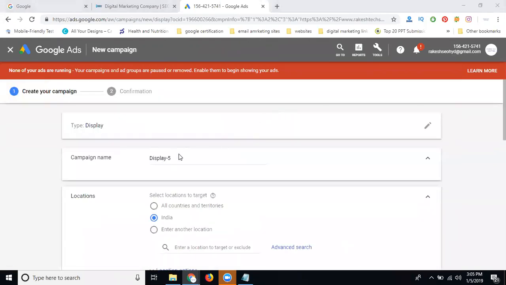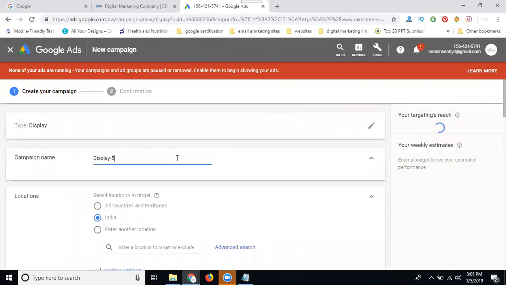First, you can write in your campaign name. Every campaign, remember, you first create a campaign, next you create an ad group, and next you create the ads. Every campaign structure will be the same. First, the campaign name: set up your daily budget and select your location. In the ad group, select your ads for a particular location and a particular bidding price.